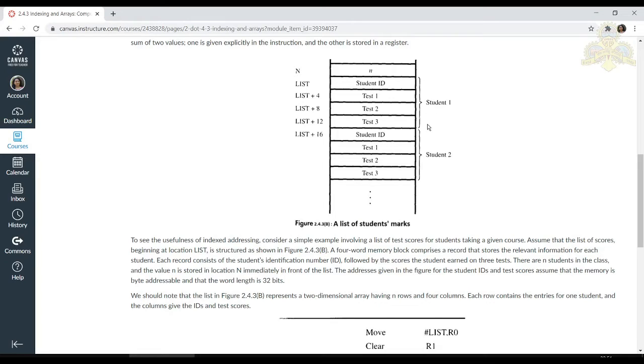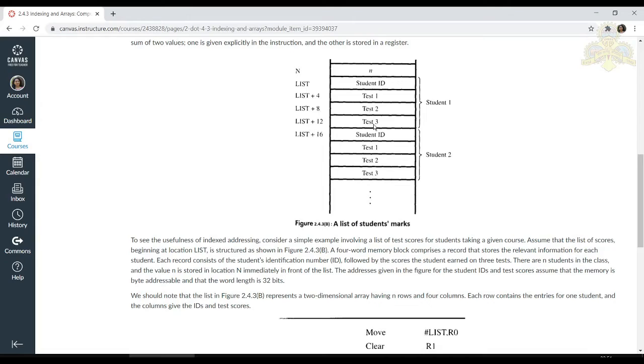For example, we'll consider only two students. From the LIST memory location, the student ID for student 1 would be present. Then at LIST plus 4, the test 1 marks would be present. We take 4 because the assumption is that the word length is 32 bits. Then LIST plus 8 will have the test 2 marks for student 1.